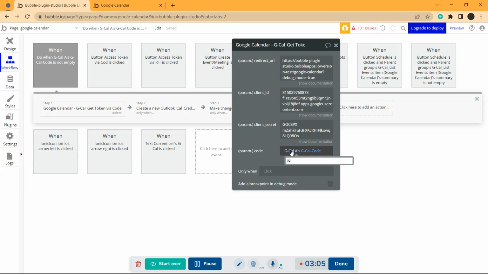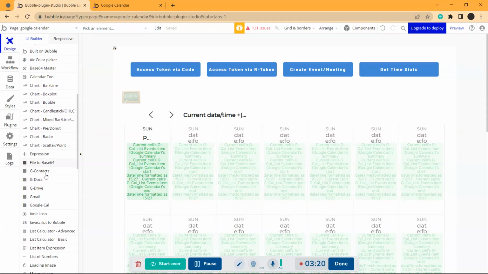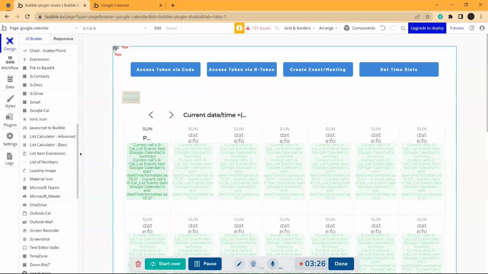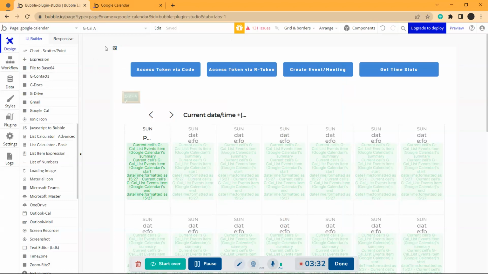from this gcal element. This element depends on the Google plugin that you are using. Right now I'm using the Google Calendar plugin, so I have to add gcal, or the Google Cal, as the element here. After adding this element,